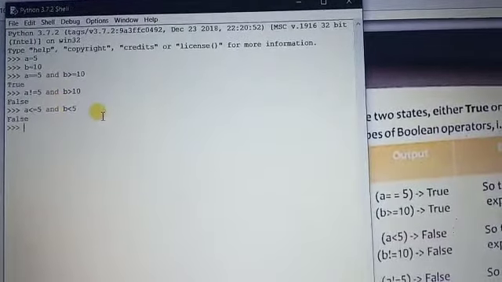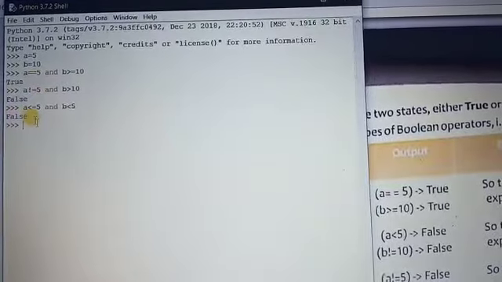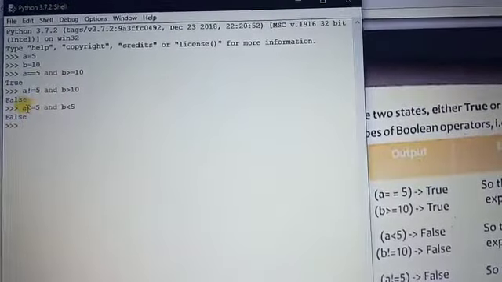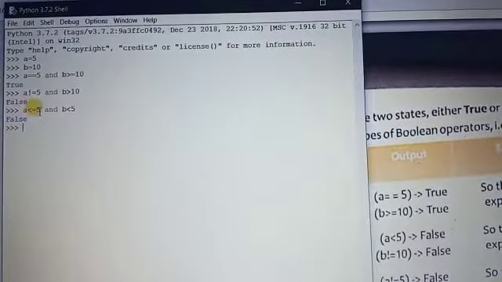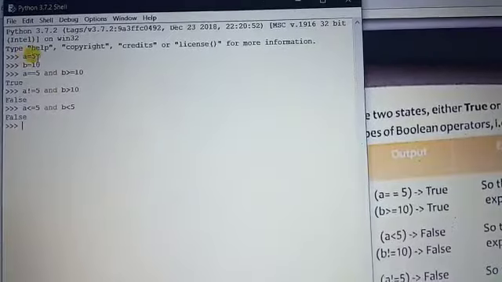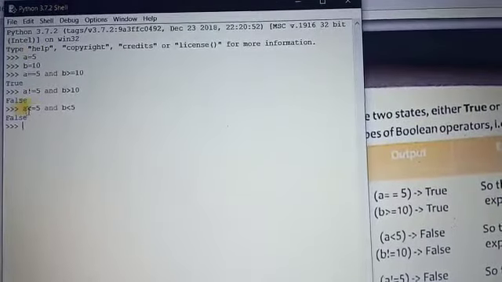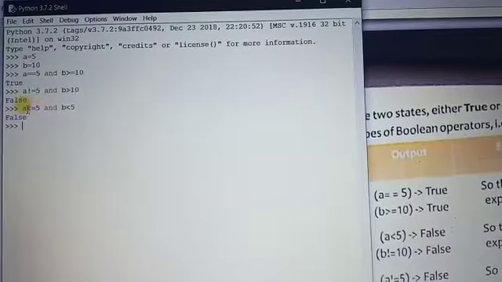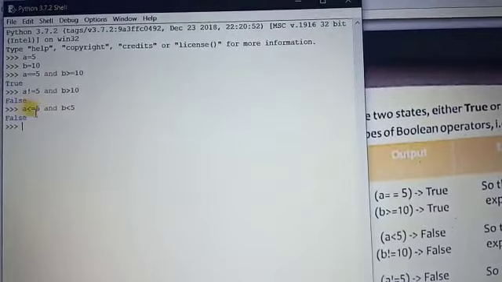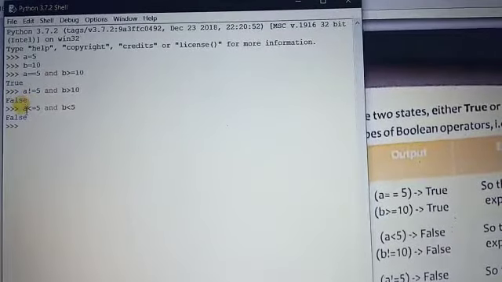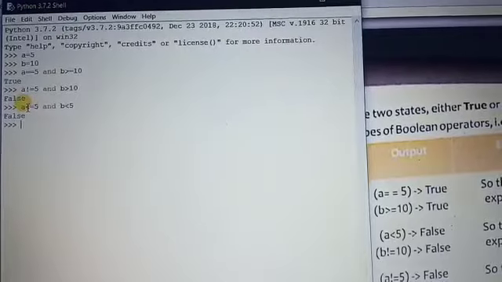Again I press the enter key, and the output is false. Why is it false? Look at the expression. a less than or equal 5. The value of a is 5. The first condition, 5 less than 5, is false. But 5 equals 5, that is true. One condition is evaluated true, so internally the output is true here.